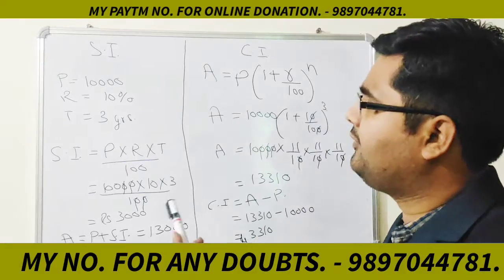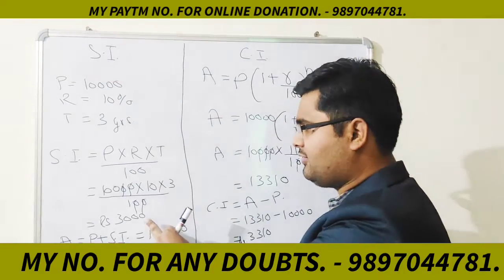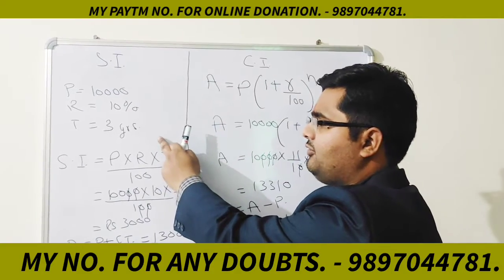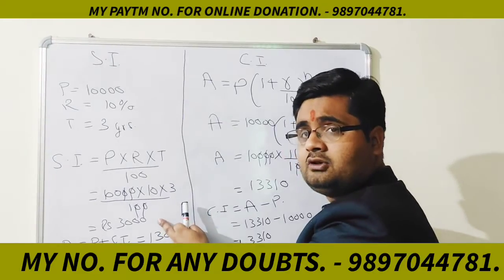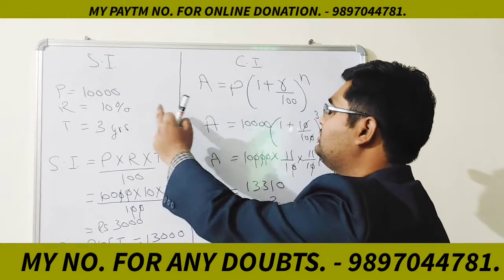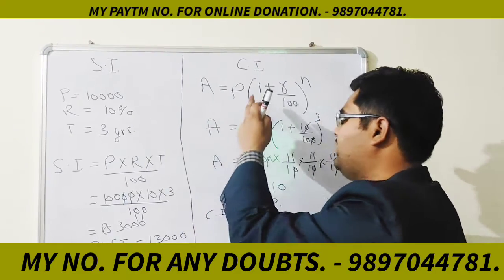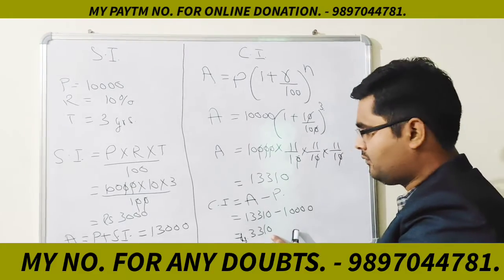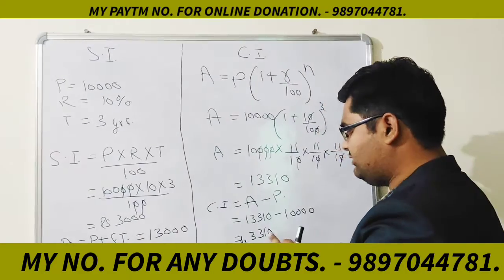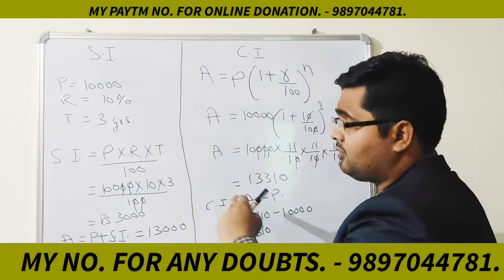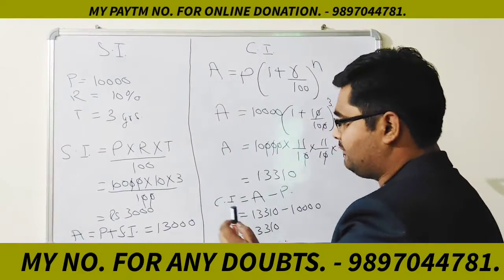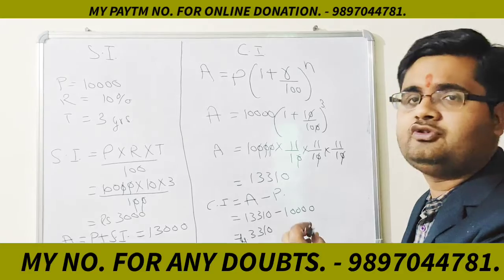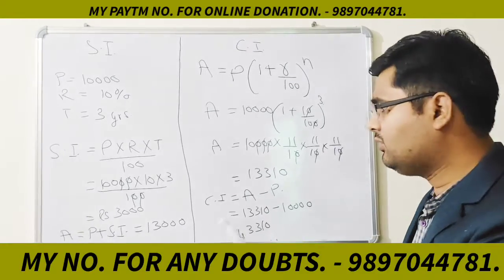So whatever I have done in both cases of SI and CI is what I told you earlier, the difference between SI and CI. In the first case, in SI, where principal is 10,000, rate is 10%, and time is 3 years, it comes out to be 3,000. But if we use the same values of principal, rate and time and calculate the CI, it comes out to be 3,310. So SI is 3,000, CI is 3,310. So CI is always more than SI because it is interest on the principal amount as well as on the interest which you are getting. So it is interest on interest.